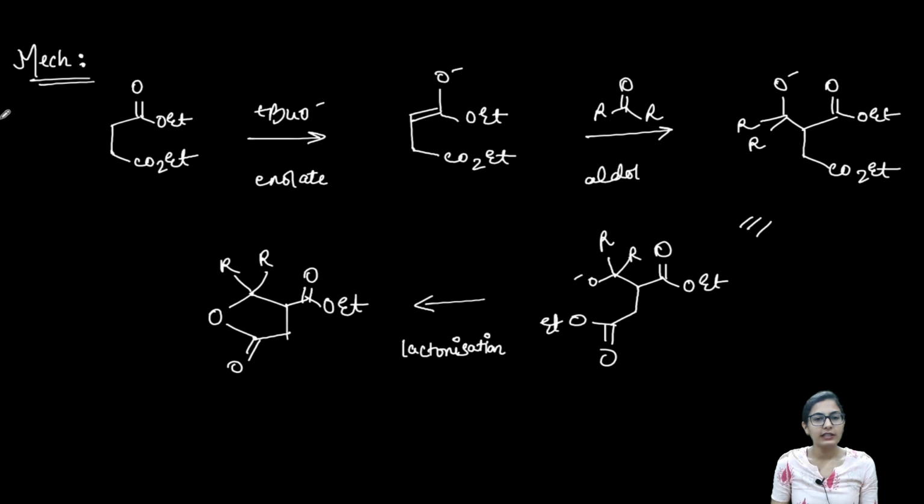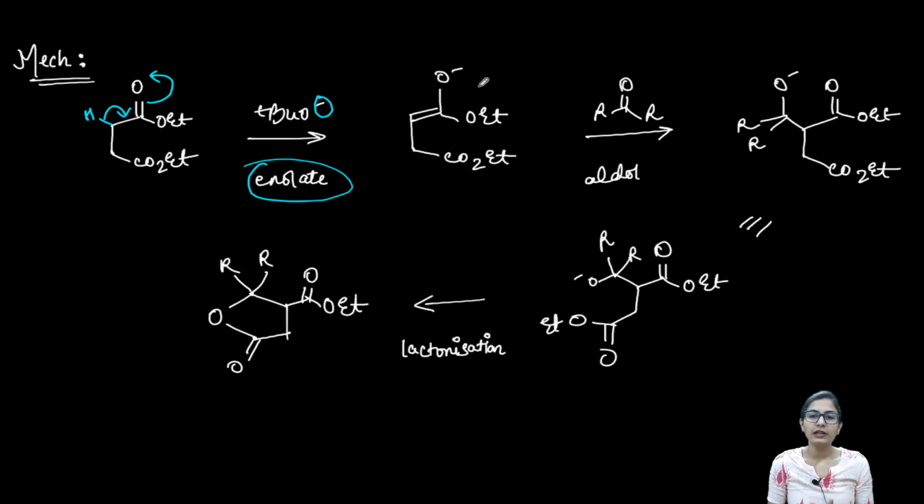Yes, the mechanism looks like this, guys. First of all, this is our diethyl succinate, and as always, we are going to go through the enolate formation. In the presence of a strong base, the acidic proton will be taken up, and this is what you get, the enolate like this. Further, the enolate is formed and you have a carbonyl, so you have an aldol reaction possibility. The same is going to happen from the alpha carbon: you get the attack on the carbonyl group like this, and further you form the alkoxide like this one, which is going to be stabilized by potassium.